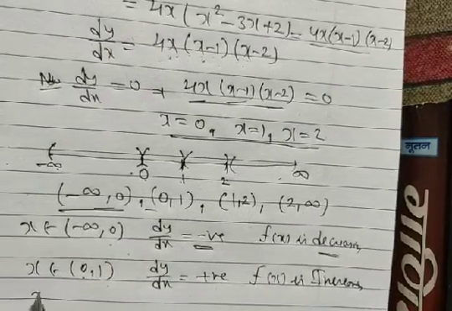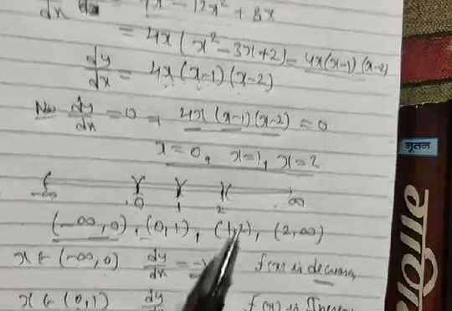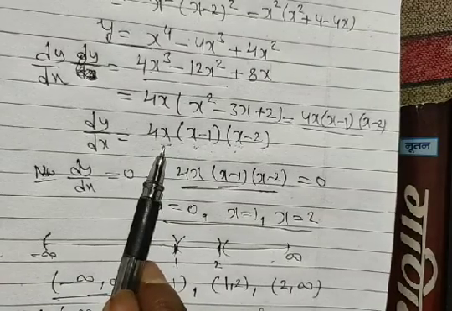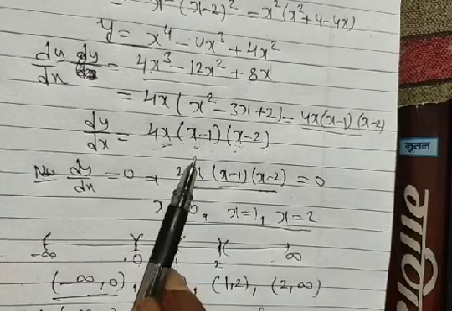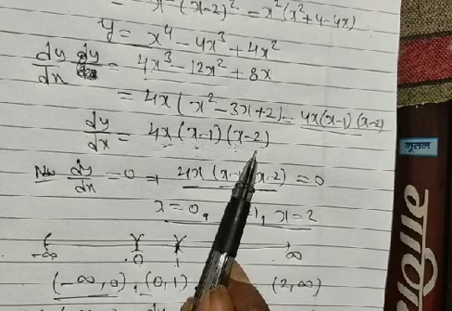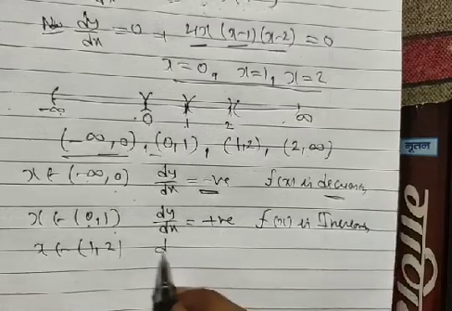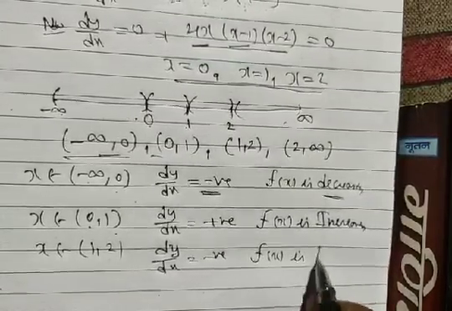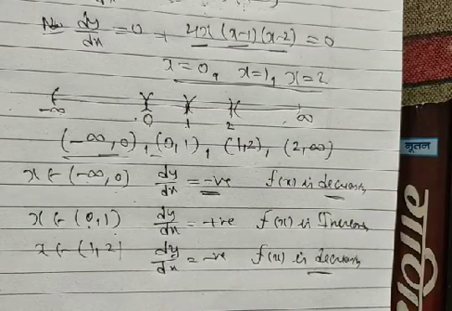Now we are going to move to our third interval, when x lies between 1 and 2. Again, when x lies between 1 and 2, this is positive. Here x minus 1 is having a positive value, but when x lies between 1 and 2, this one has a negative sign. So positive, positive, and one of them negative, and we get dy/dx negative. In this case in the interval 1 and 2 our f(x) is decreasing.